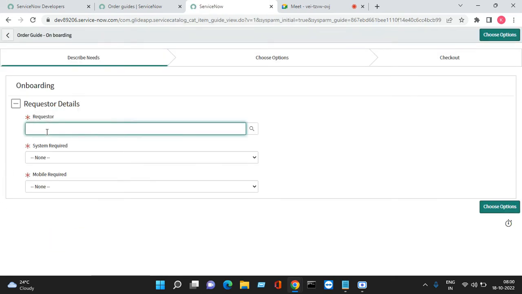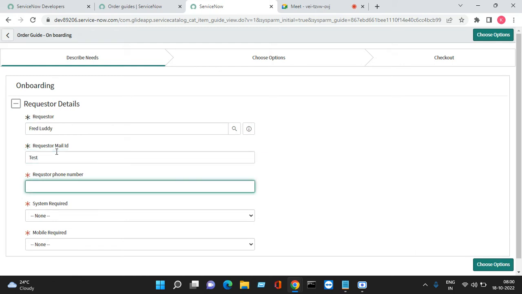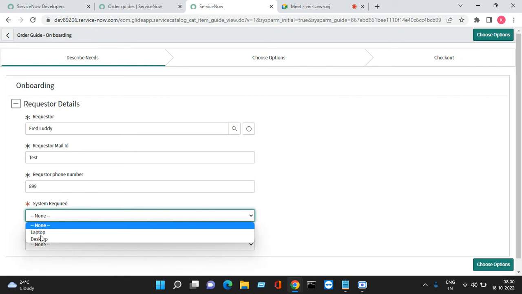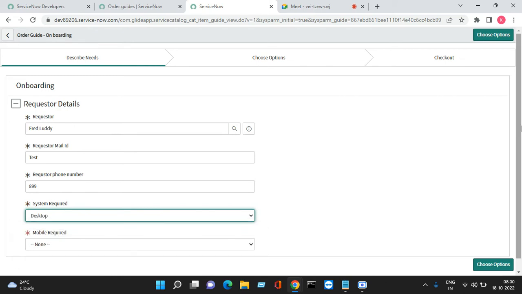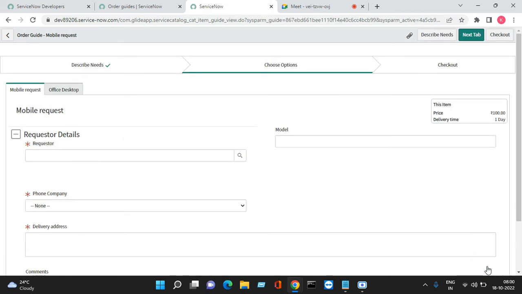If I give the requester as Fred, requester email ID test 8789. This time I'm just giving the desktop. Sorry, if I give the mobile requester as yes. So if I go to the choose option here,